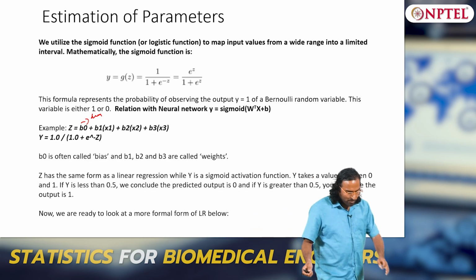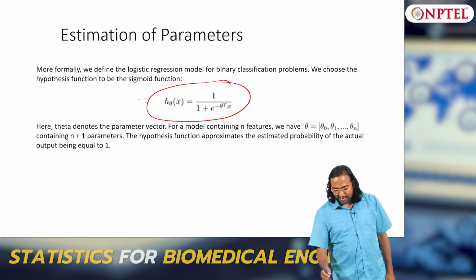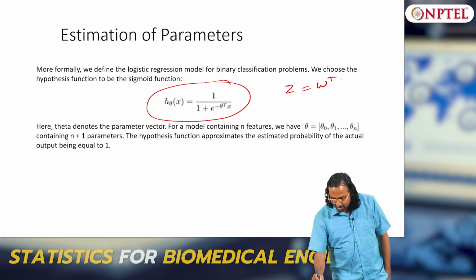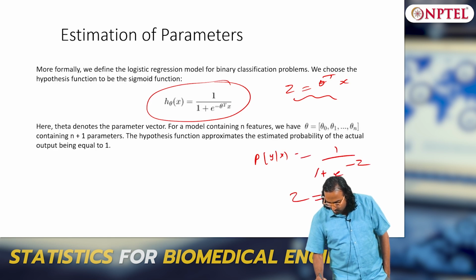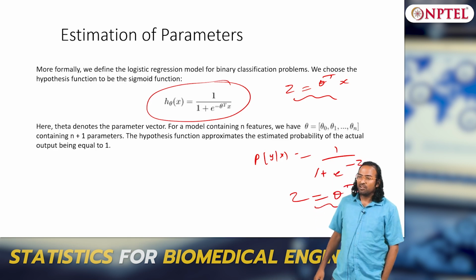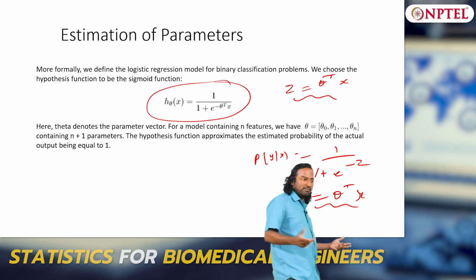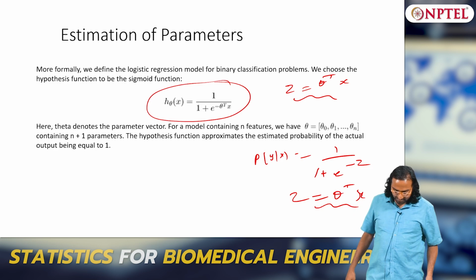So now I am going to write it generally in this fashion: instead of z it is going to be theta transpose x. So z is nothing but my w transpose x, or theta transpose x. So my function, probability of y given x, is 1 by 1 plus e power minus z, where z equals theta transpose x. I am just writing it in a vectorial notation. So theta is a vector here, you have multiple inputs, x is also a vector, like your w transpose x in your neural networks, that is the same thing here.